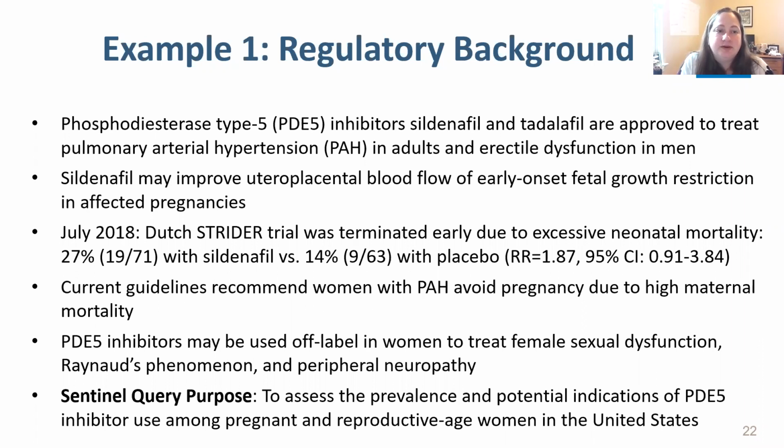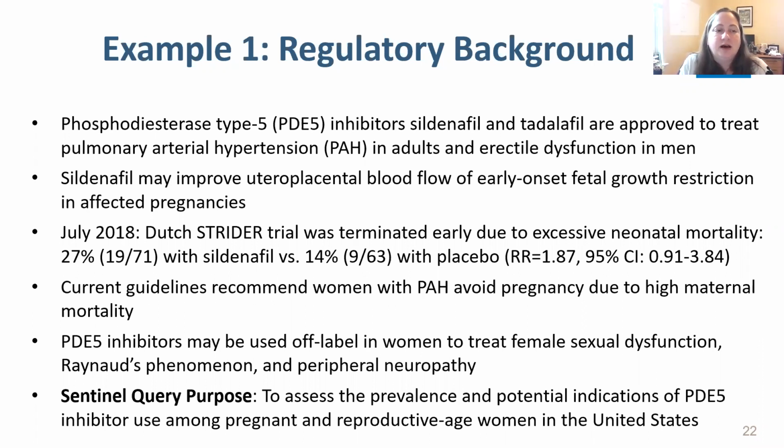In the middle of 2018, one of the STRIDER sites, the Dutch site, was terminated early because they observed excessive neonatal mortality. There were just under 200 women enrolled at the time. The second site, in Canada, was stopped soon after, although the other two sites, in the UK and Australia and New Zealand, didn't observe this. So further investigation was needed. There's a planned meta-analysis. And the question the FDA faced was, what's going on with the